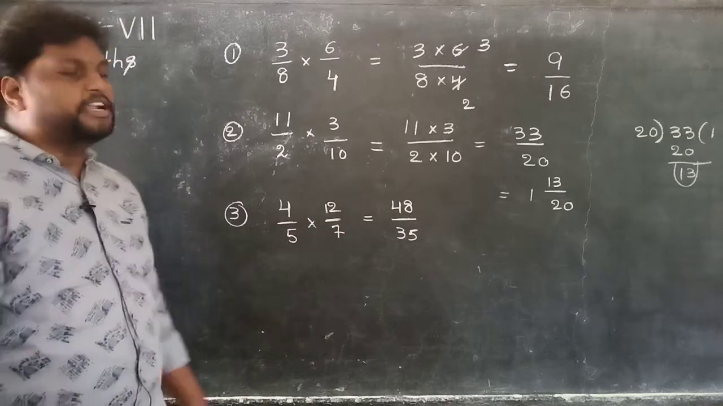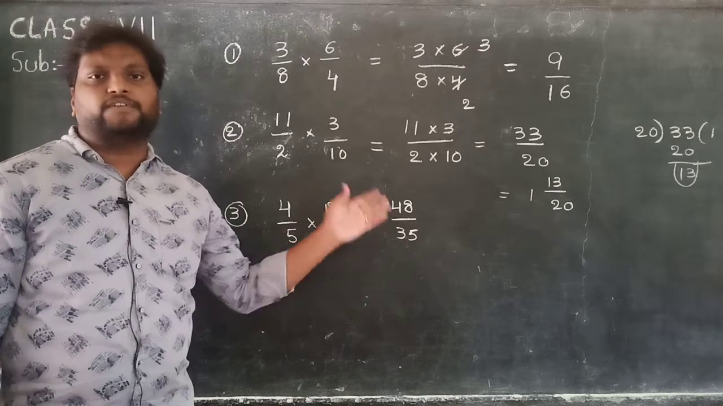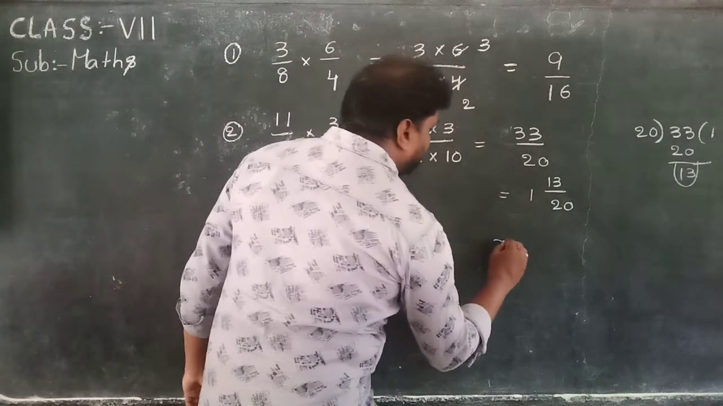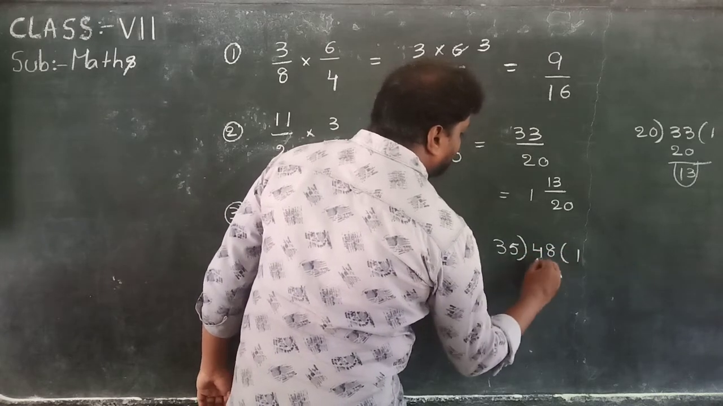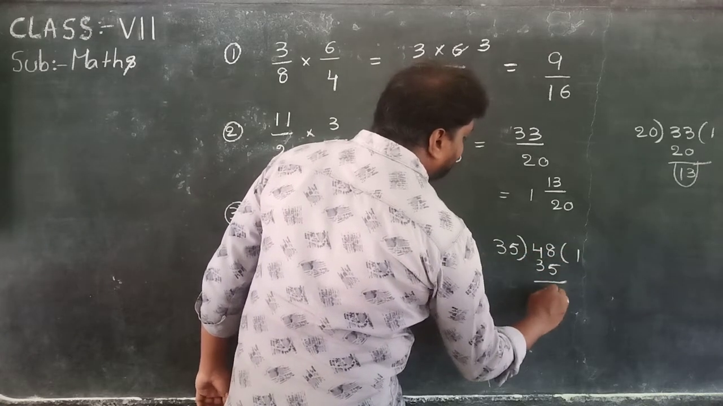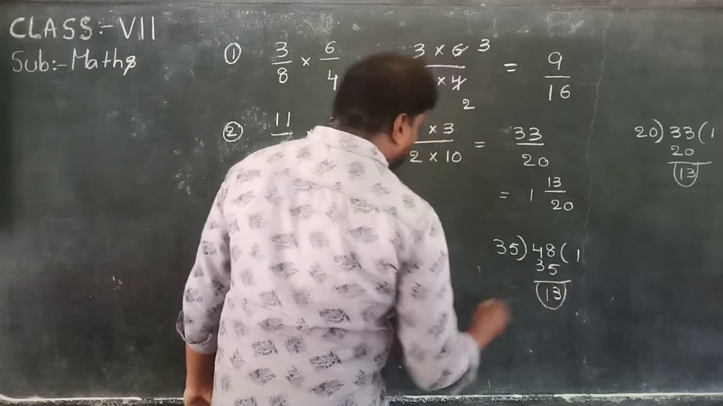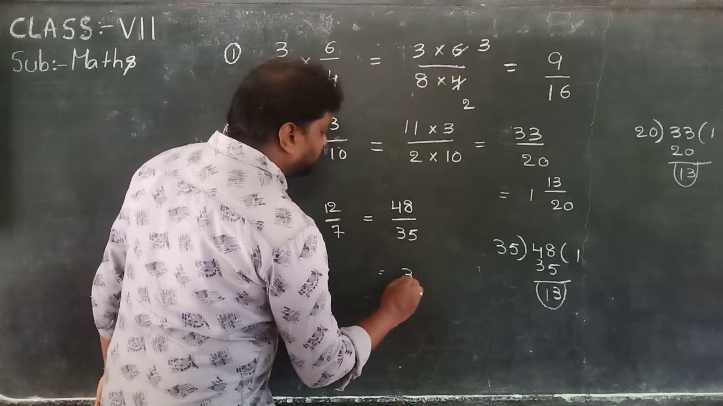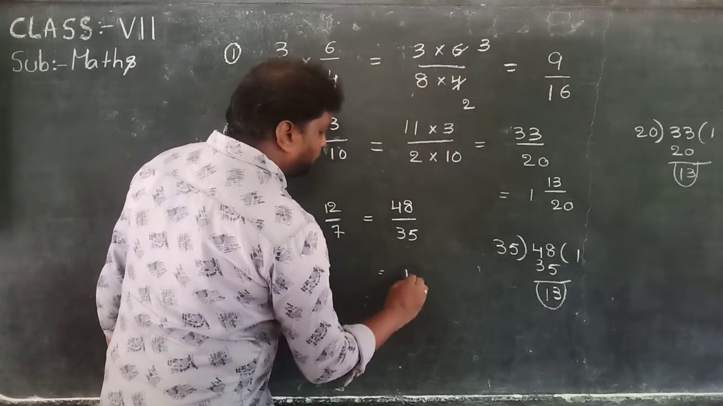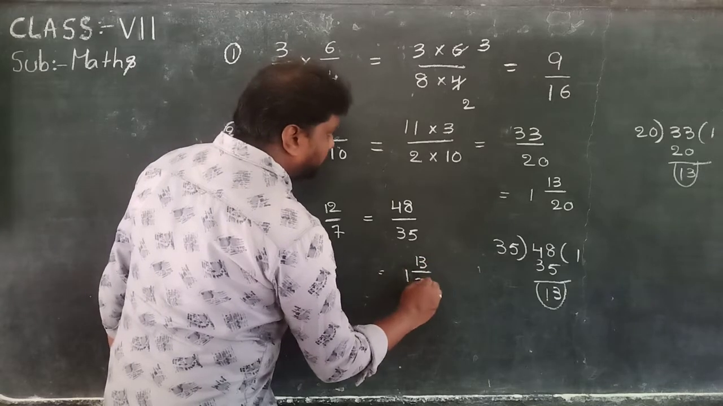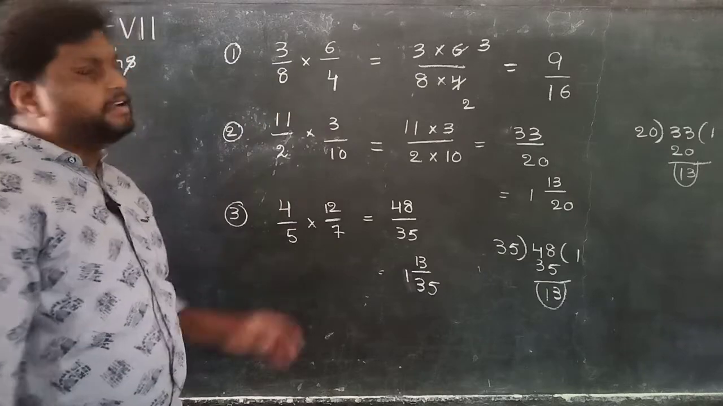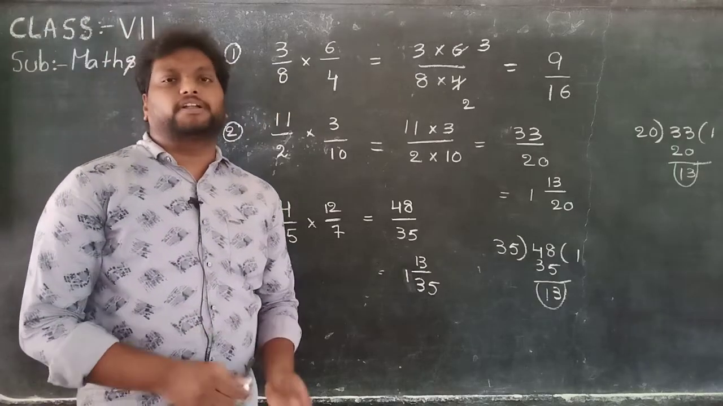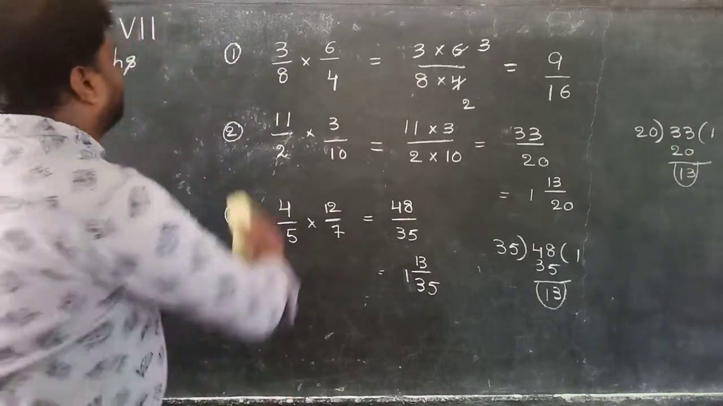Now 48 by 35 is an improper fraction. That's why convert into a mixed fraction again. 35 with 48: 35 1 jar 35, remainder is again 13. Then finally what is the answer? 1 13 by 35. These are the fractions, the product of two fractions. Okay. Next,